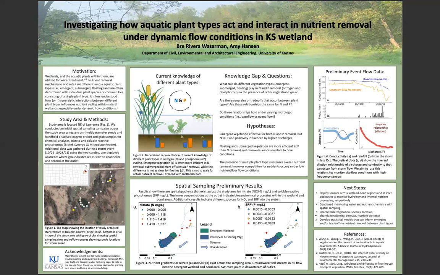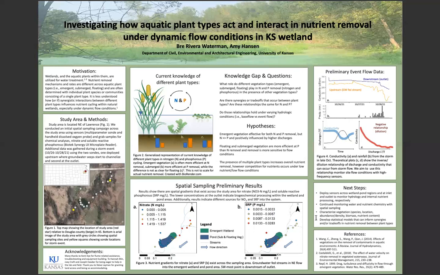We conducted an initial grab sampling campaign to understand spatial gradients for nitrate and soluble reactive phosphorus, or SRP, across the sites and across different vegetated regions. Results show that both nutrients vary across the site, indicating that internal biogeochemical processing is occurring as nutrients are transported